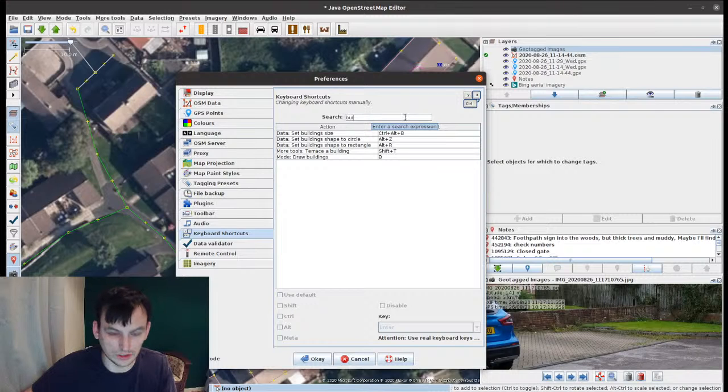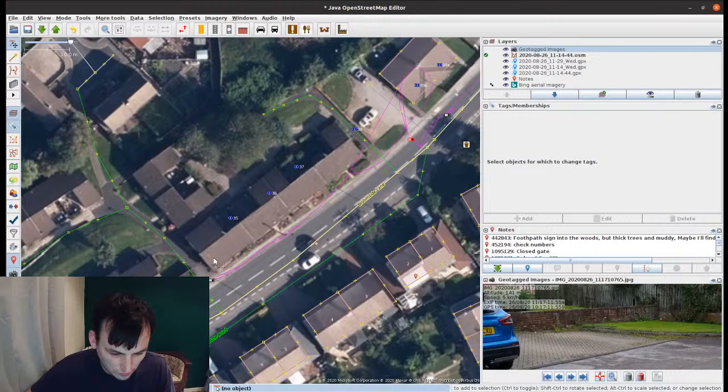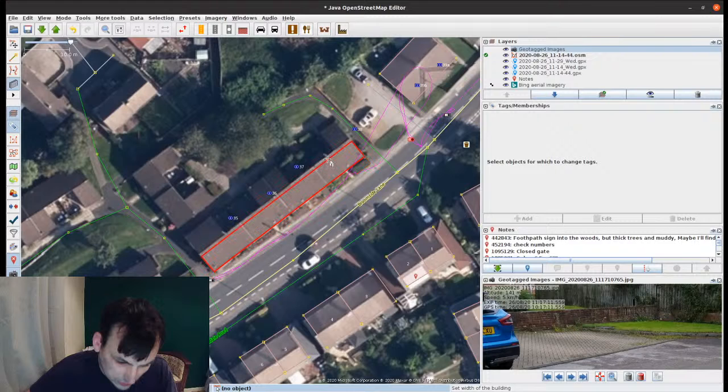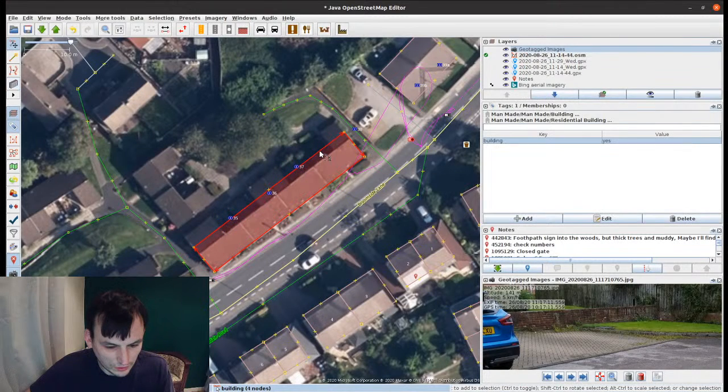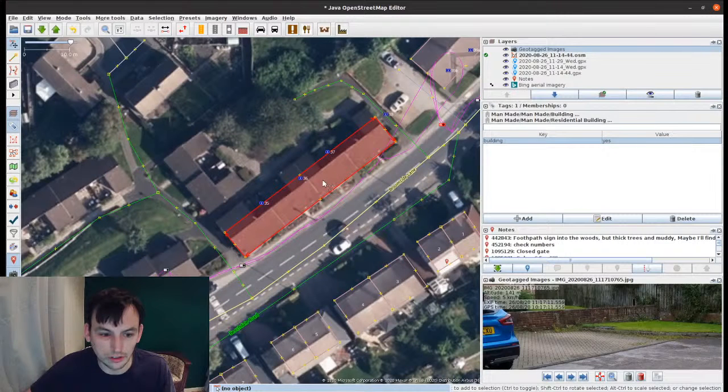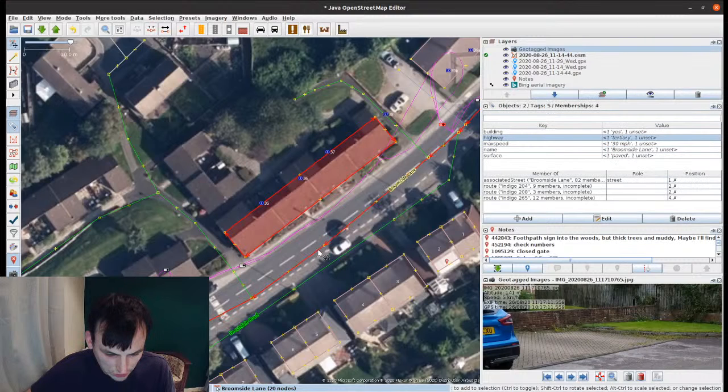So there's various ones like this that I use a lot, because if I press B, click there, click that corner, and click about there, that gives me a nice outline that is tagged building yes. And then I hold down shift, and click there, I've got the road and the building, and then